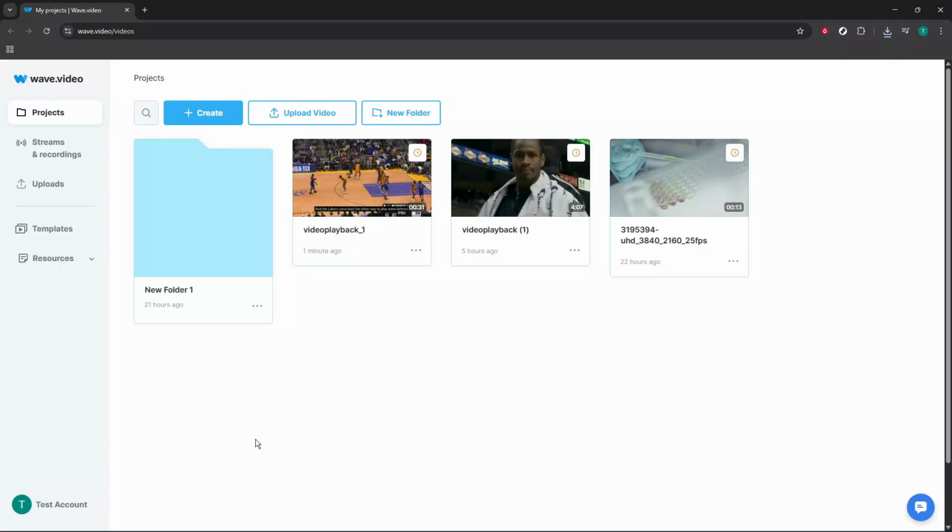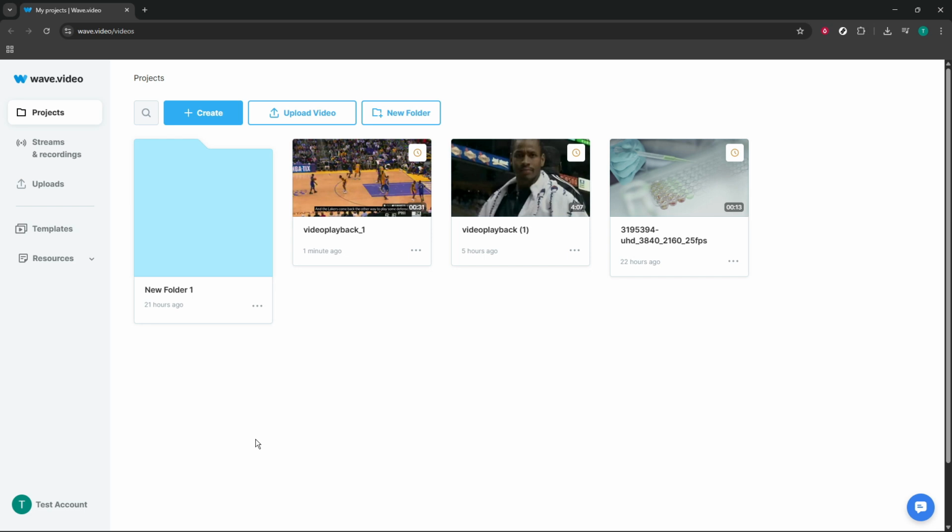In today's video, I'm going to teach you how to adjust video speed in Wave.video. Adjusting speed is a simple way to refine pacing, match your visuals to a voiceover, or create slow motion and time-lapse effects without leaving the editor. Let's walk through it together so you know exactly where everything is and what each choice will do to your